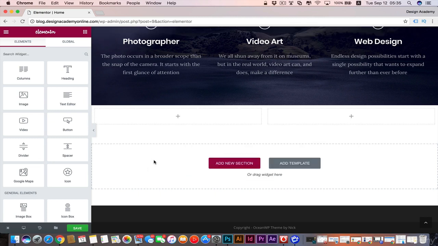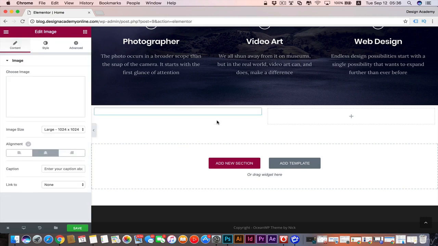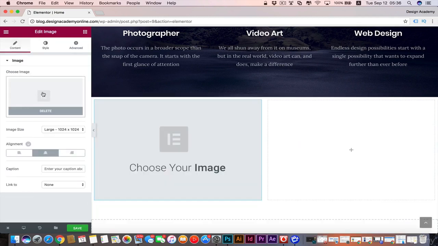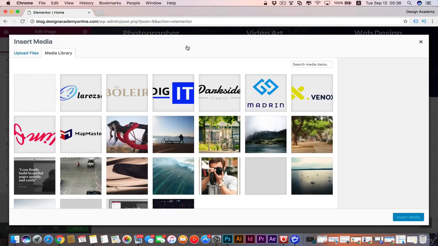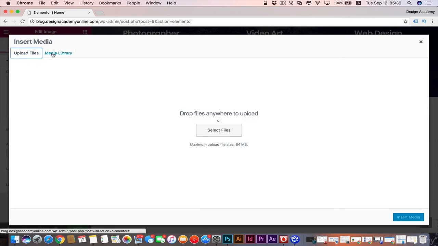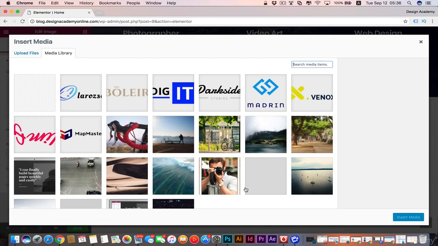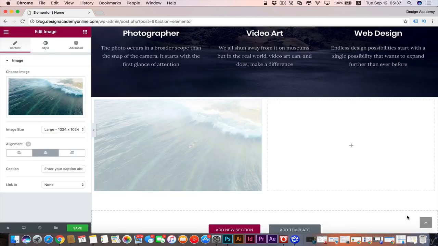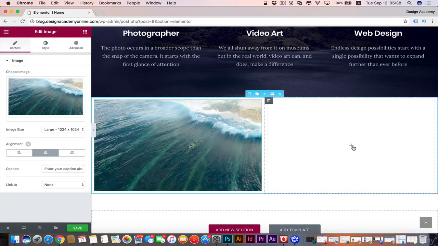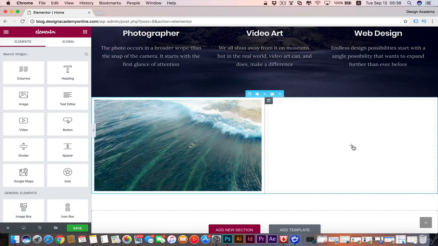Okay, so we have that section with two columns in here, and we can start dragging some of these widgets to our section. An image in here, for example, and we can choose our image from that part. Then it's going to open our media library images. We can upload files from here or use our existing media library photos, which are actually the images of the template we're using in here, which we used in the previous lesson. So we're going to add that image, for example, and insert it into our media, and then we're going to add some text in that part of our website